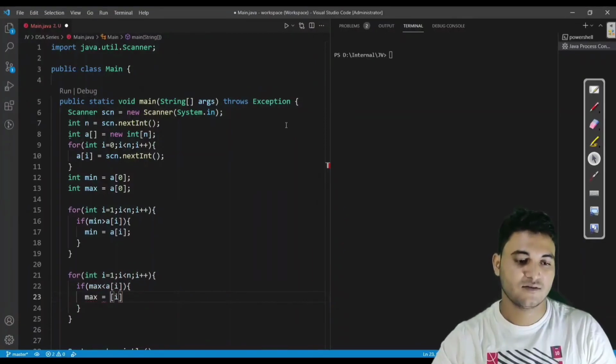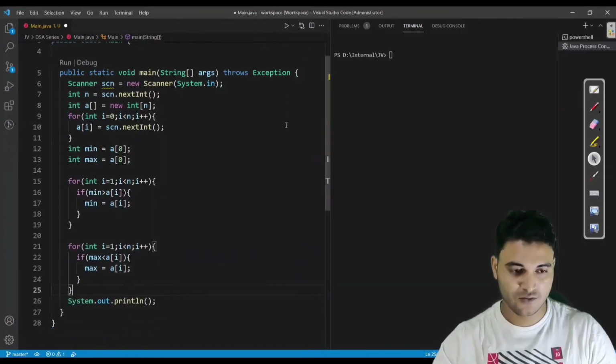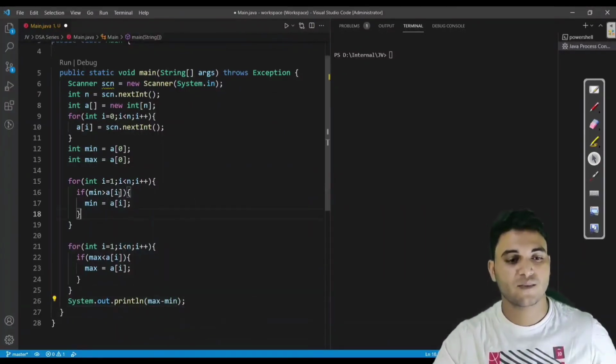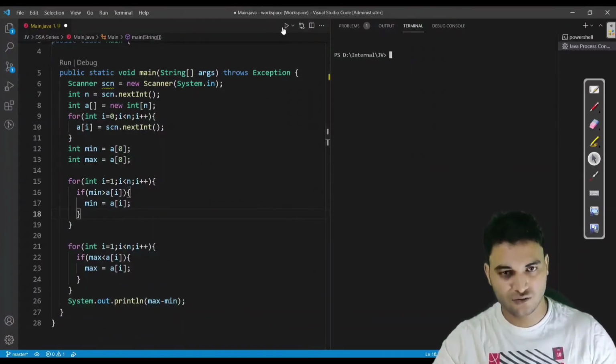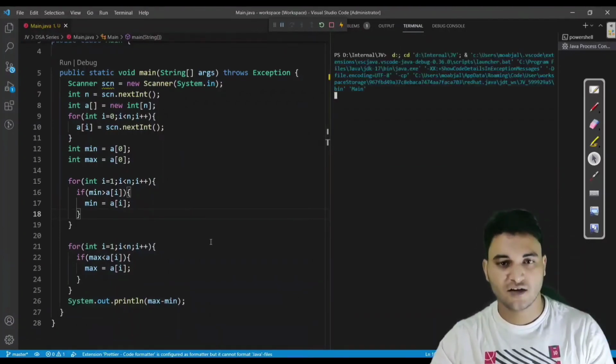So we have got our max and minimum, and in the end we just have to print the output, which is max minus min. So that's all we have to do for this particular problem. And I would optimize this also, because we are running two loops. We could do this problem in a single loop. I will show you how we can do this.